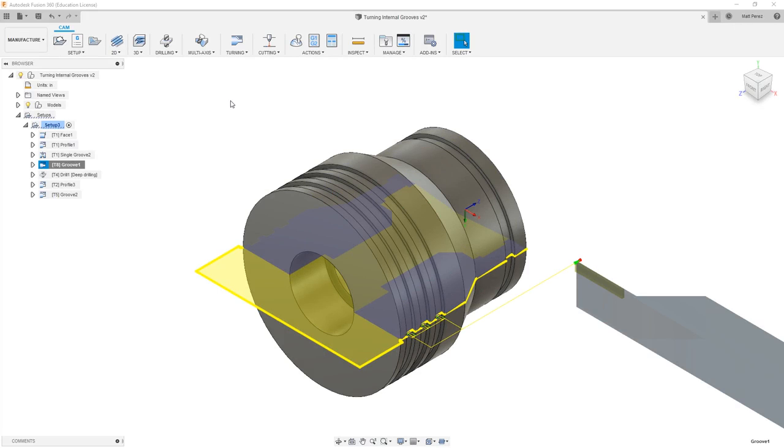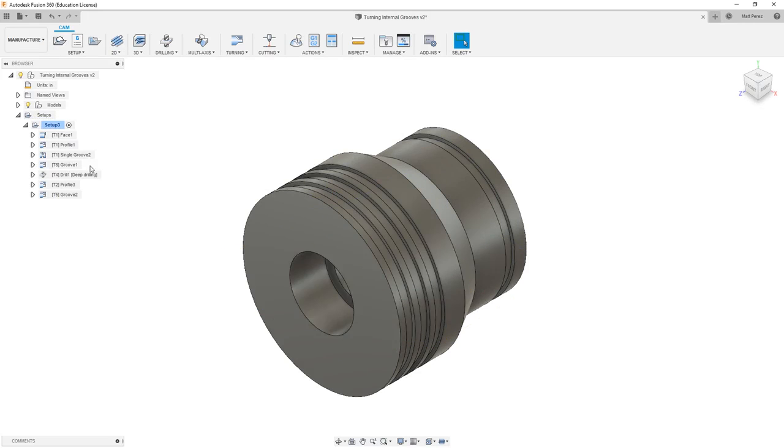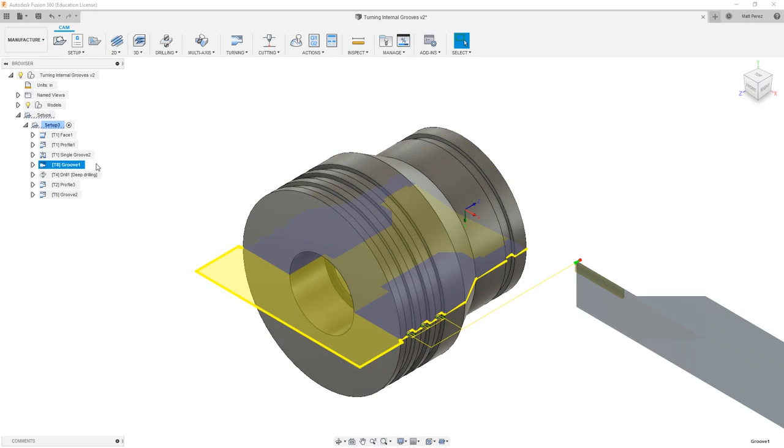Let's carry on with the file from our previous example, and let's talk about the differences between duplicating a toolpath and creating a derived toolpath. We want to focus our attention on toolpath Groove 1. This was the toolpath that was created to rough the 3 grooves on the larger OD of our part. What we want to focus on is the differences between duplicating this and deriving a new